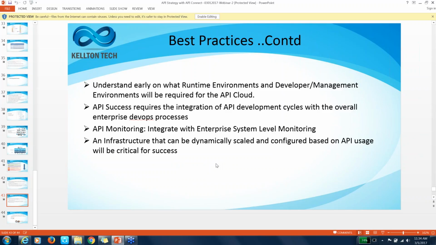And one of the critical things is many of the organizations are moving to adopting DevOps. So the API success definitely relies on rapidly developing and deploying the APIs. So adopting DevOps would be one of the crucial things to have your,